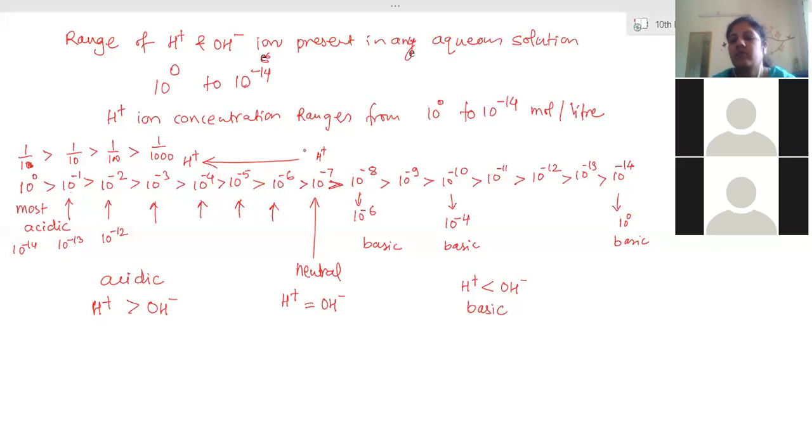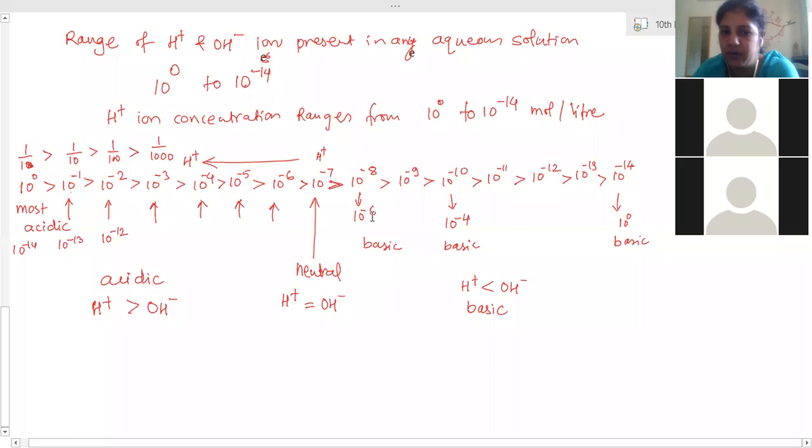Ma'am, can you explain again? Yeah. Which exactly part can you tell me? Till which part have you understood? As I understood the acid, but I'm confused with base. Which one is greater? You check the numbers. Negative numbers are there, so because of that it might be confusing. Always remember that it is a negative power. The lesser the power magnitude, the greater the number.